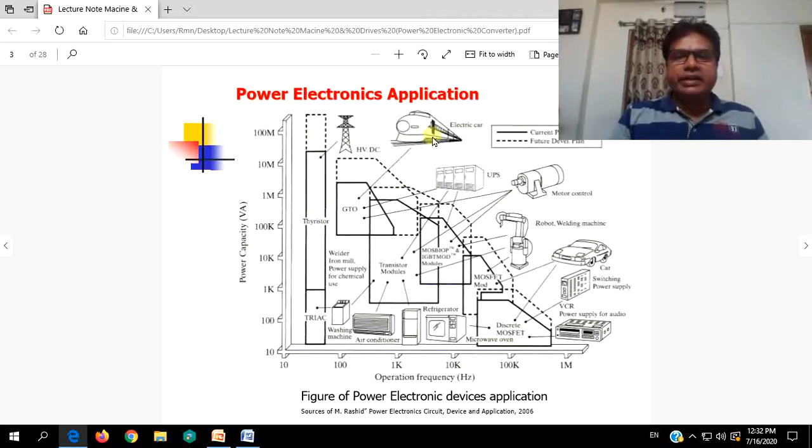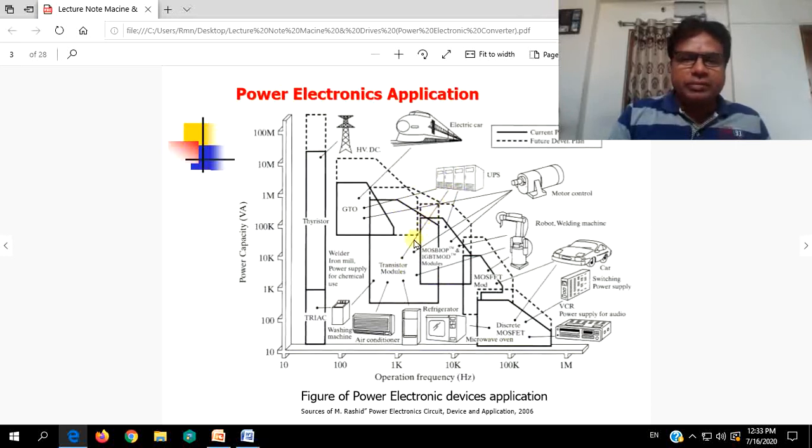And again, at each and every place, which sort of power electronic device is useful for which sort of applications, it is given in this. That is, GTO can be used for electric cars or traction, uninterruptible power supply, UPS, motor control. Likewise, all these things, again, current product range, future development plan in dotted lines, continuous is current. But again, all these things, power electronics, can be utilized for most of the applications with better development and better modifications. For the same thing, UPS, GTO can be used.